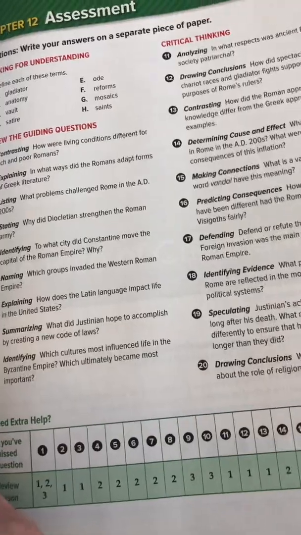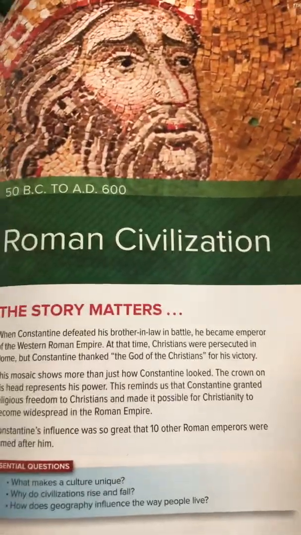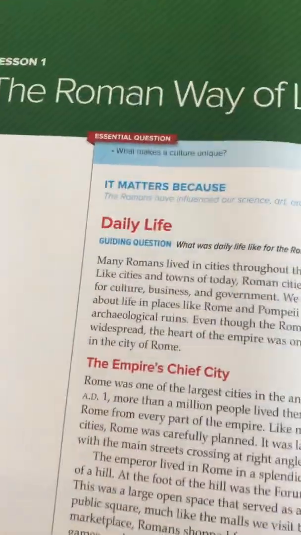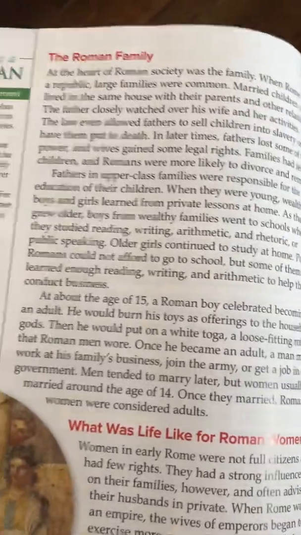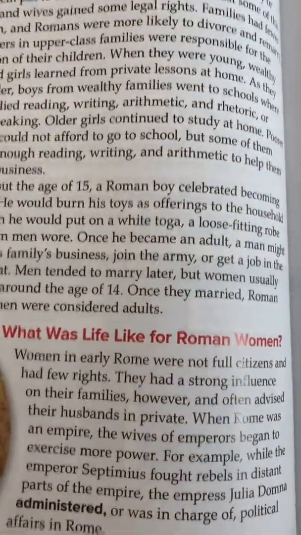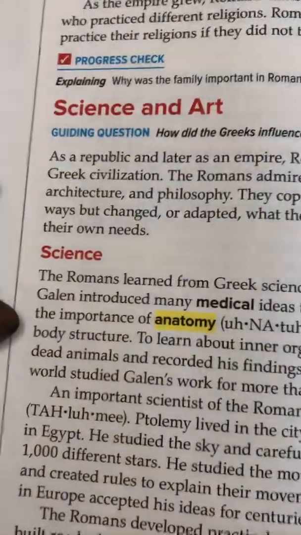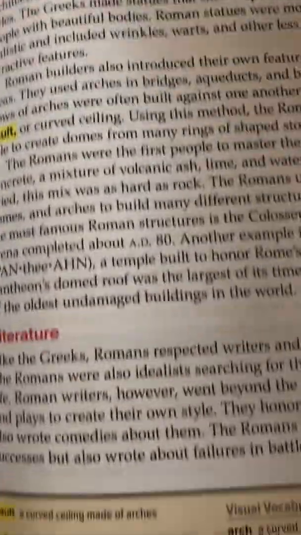Okay, so now we're going to go back toward the beginning of the chapter. Okay, so we're at chapter 12. The next thing that I always told kids to do was to actually read the headings and the subheadings. So, daily life, the empire's chief city, the Roman family, what was life like for Roman women, Roman slavery, religion and philosophy, science and art, science, art and architecture, literature, theater and language,